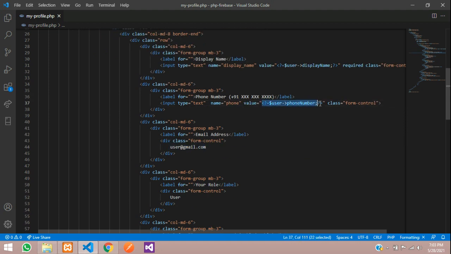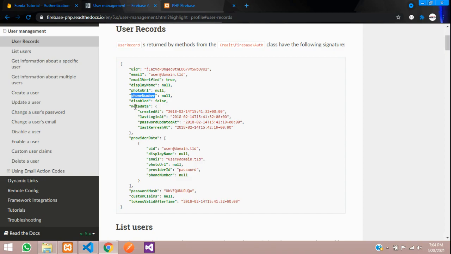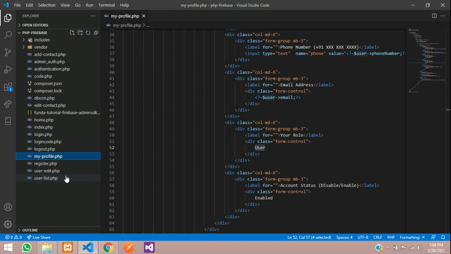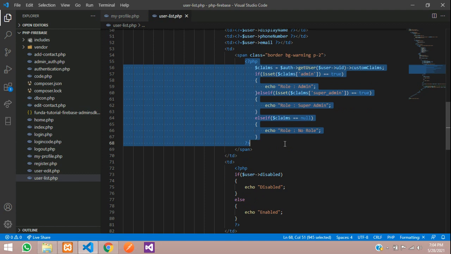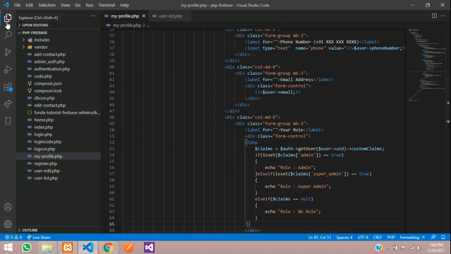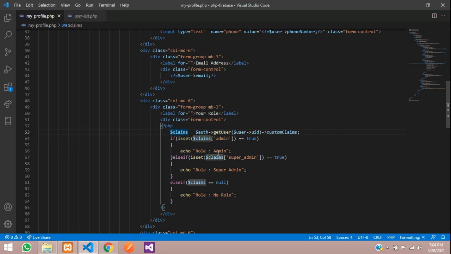So we are going to just show this. We are not taking any input of this value. Okay, so let's send that over here. Let's tell email, and the role which we have given over here, you can see the custom claims. Okay, so this custom claims you have to check in one condition, which we have already done in user list. So let's copy from there. So inside user list, this is the custom claims. So let's copy this and paste over here,